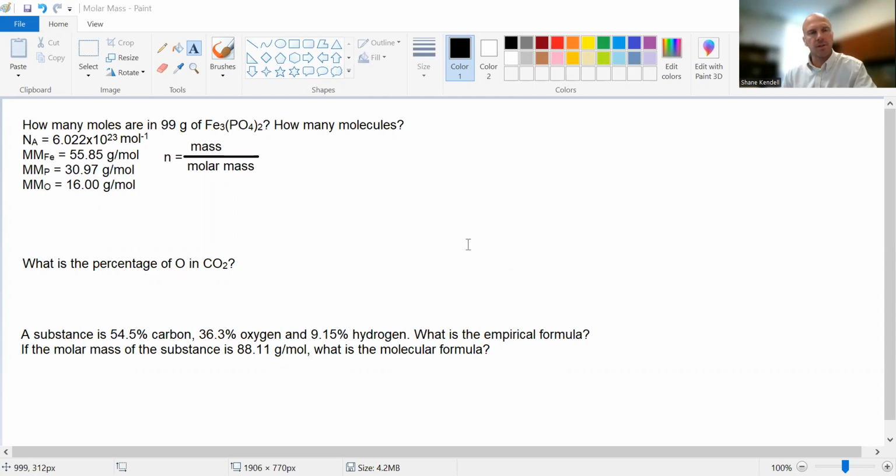So the first question asks, how many moles are in 99 grams of iron phosphate? This formula here is what I like to use, which is number of moles is mass over molar mass. So in the question, we're given the mass, but we do first have to work out the molar mass of